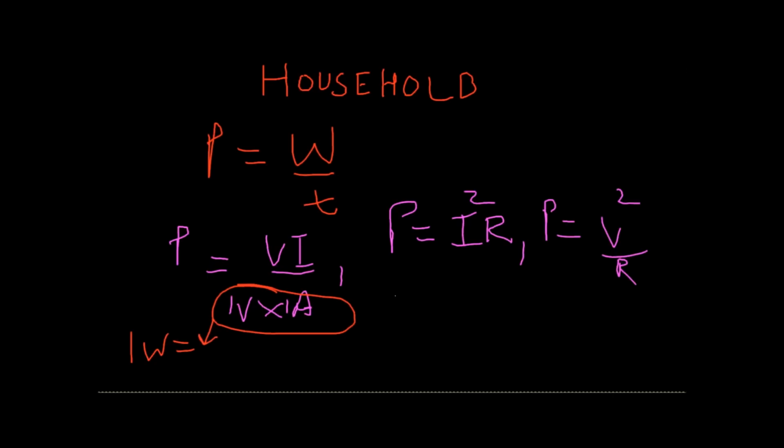Electrical power consumed is said to be 1 watt if a potential difference of 1 volt causes a current of 1 ampere to flow through a circuit. What I would advise is that there are so many definitions of 1 ohm, 1 ampere, 1 joule, and all of these. So you just have to take 2-3 pages and write down all these definitions, because they come really handy at the end of January or February when you're studying really hard for your board examinations. So I would recommend that you make all these definitions. It'll be really helpful to you.